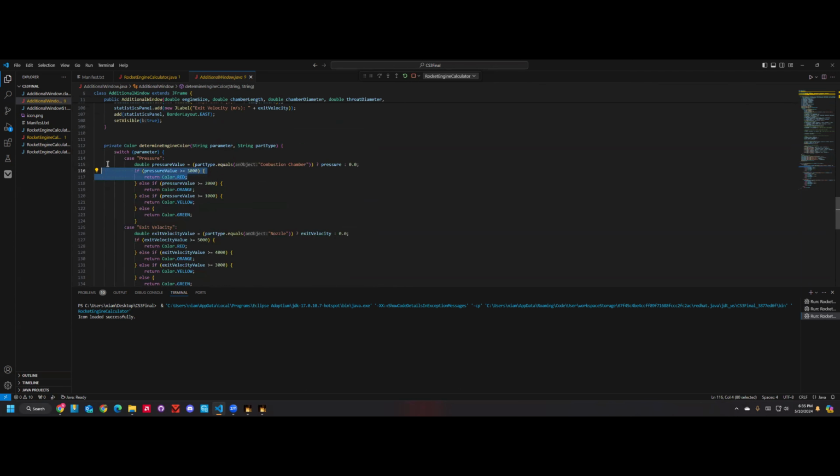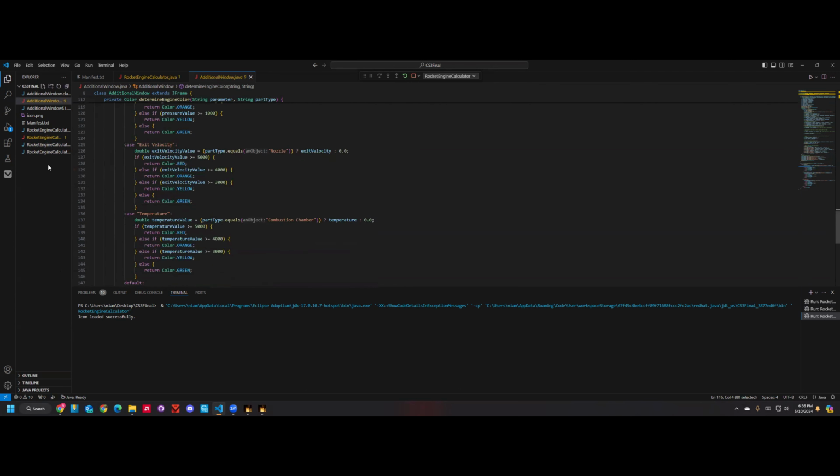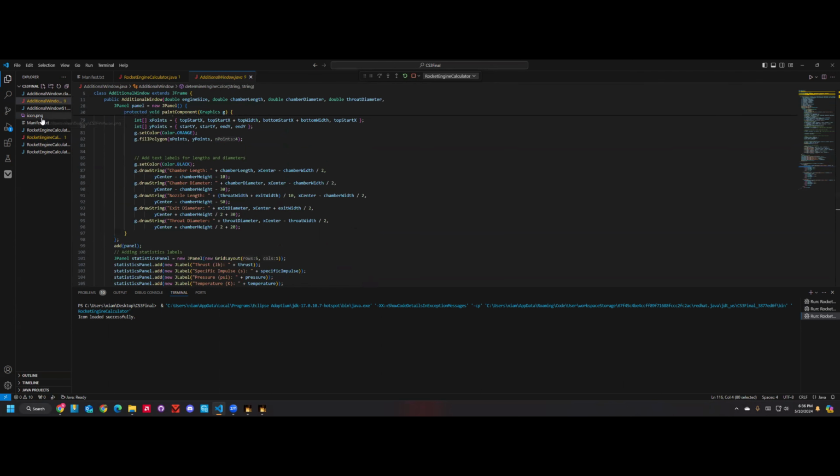So if your engine's red, it's not going to work in real life. Okay. And now